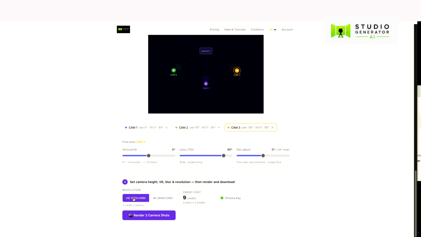I can choose whether I want this in high definition or 4K, depending on which subscription plan I've chosen, and it'll tell you here how many credits you're going to use for that subscription. Up here, because I've got an admin account, you can see that the number of credits I have available would come up here normally. Now there's a chroma key button here as well. What I'm going to do is I'm just going to click this rendering and start that rendering while I explain